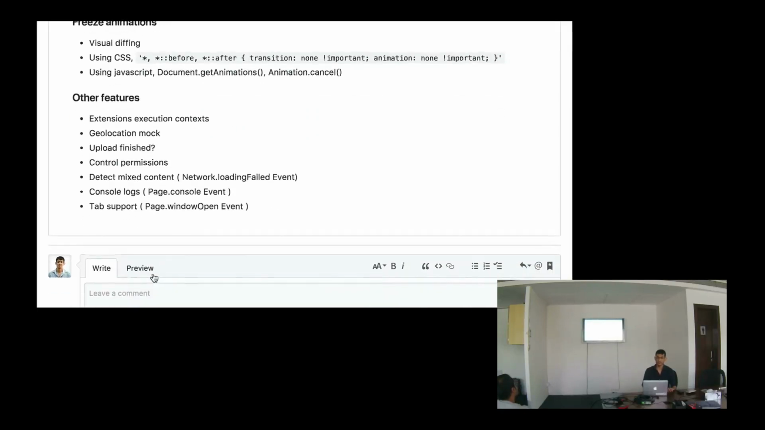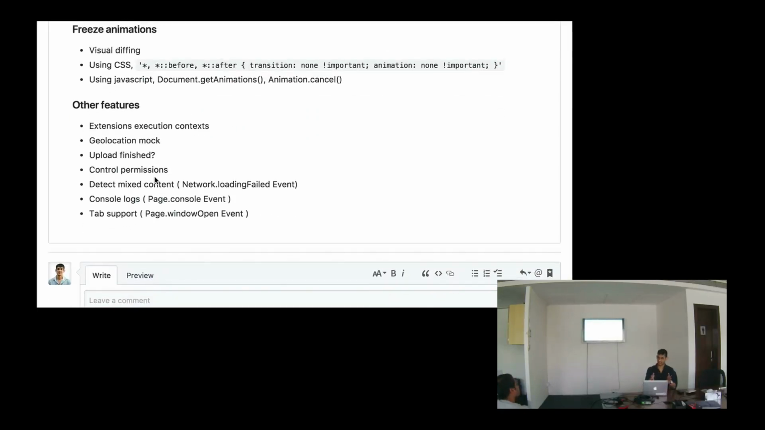So another aspect of testing is visual diffing. Basically, you open the website and take a baseline image, and then you open it at a later date and take another image, and then diff them and see if they match or not. But if you want to do visual diffing, you have to